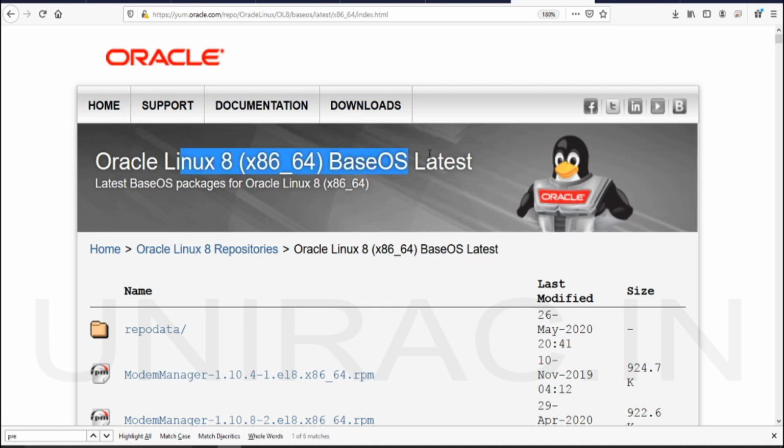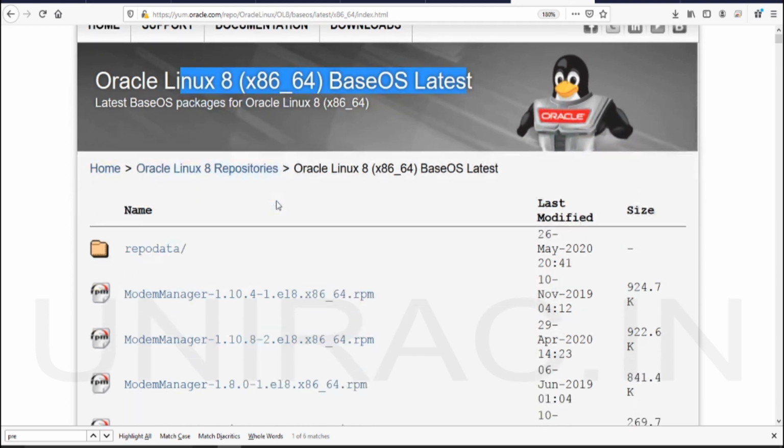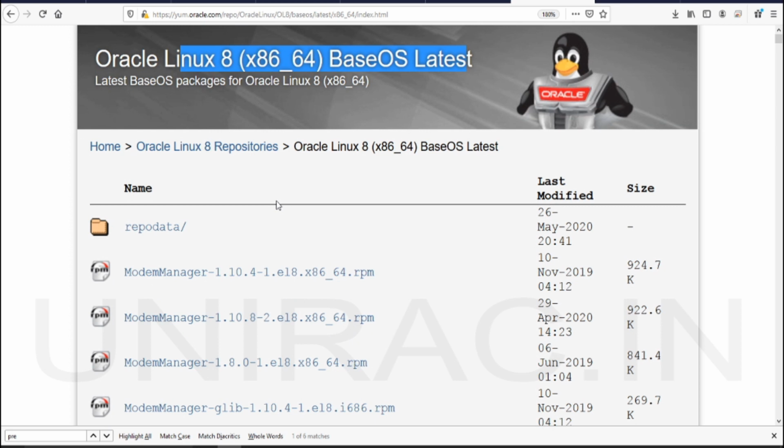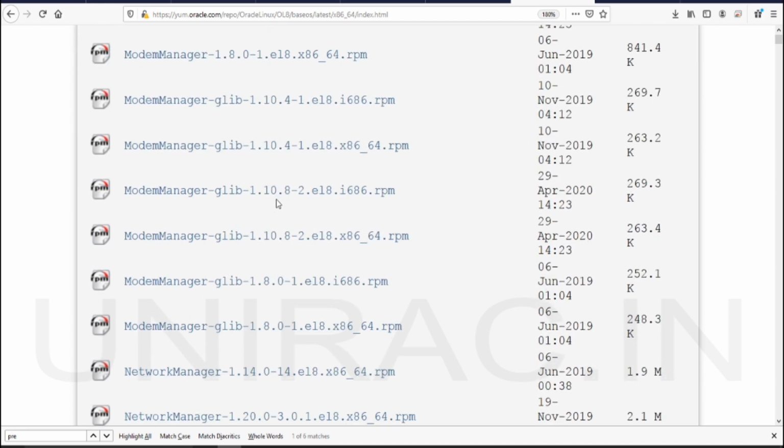This page will give you the list of all the packages for installing the Oracle Linux 8 prerequisites for Oracle Database 19c or 12c as well.